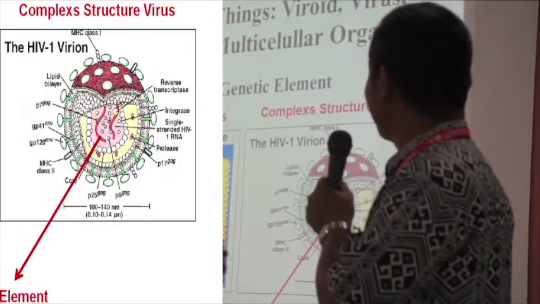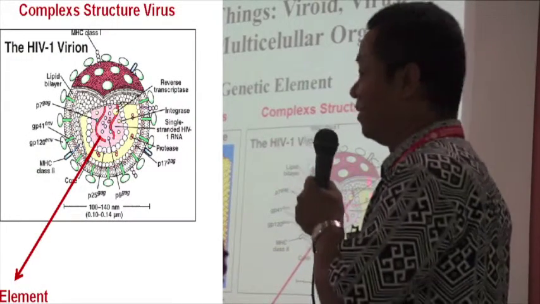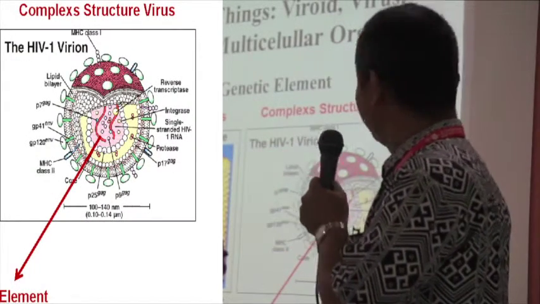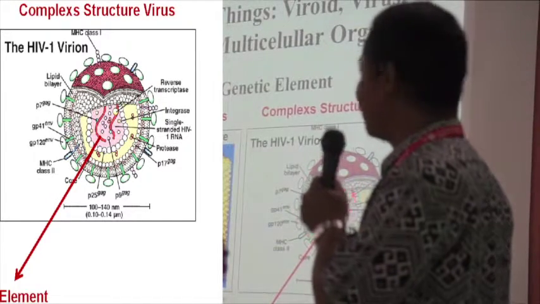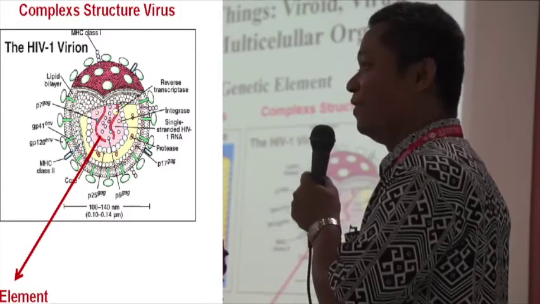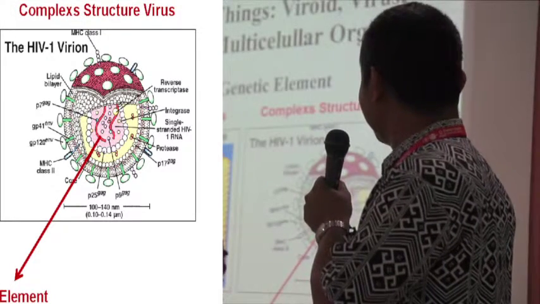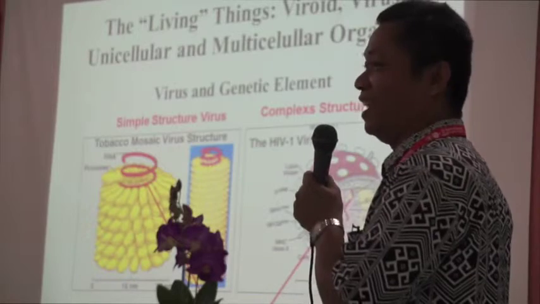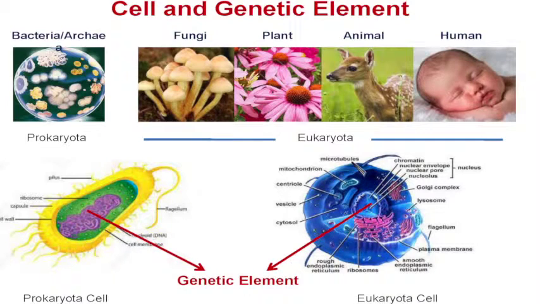And the other one is a very complex structure virus. It is the virion. Many accessories are already taken by this virion. And of course, the most important is the RNA as the genetic element in the virus. The real living things are actually the unicellular and multicellular organisms, which grow as prokaryotic and eukaryotic